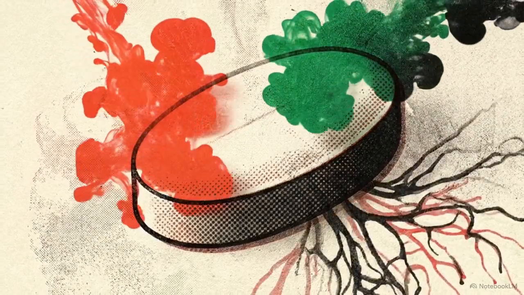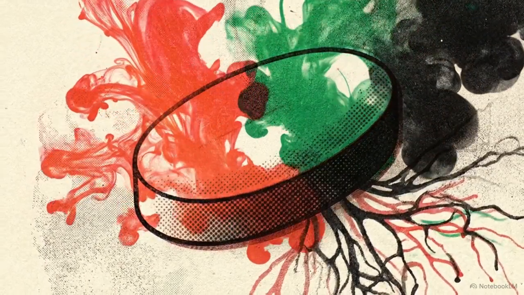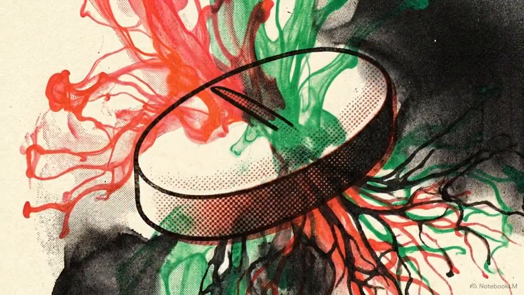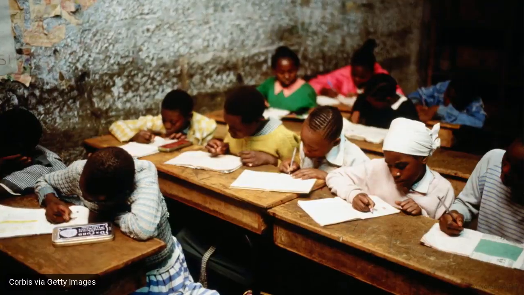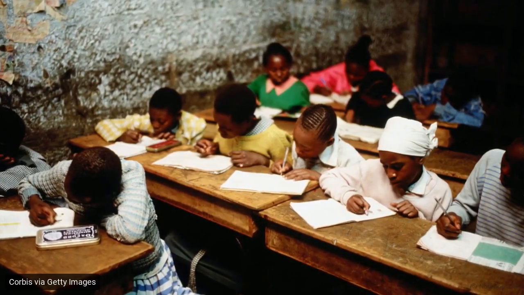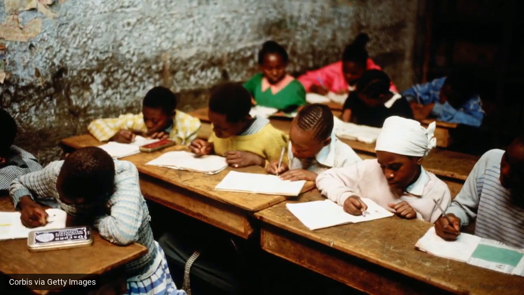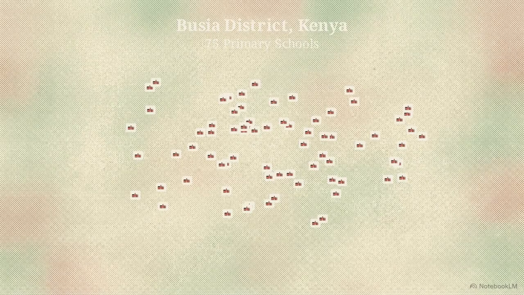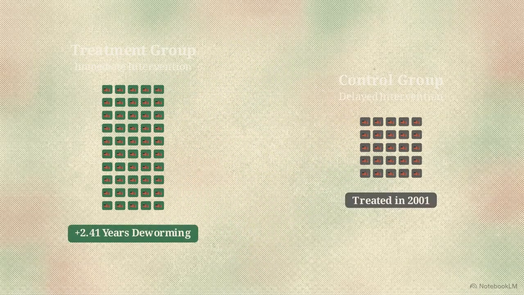Calculating the biological and economic impact of a single 80-cent medical tablet requires tracking its ripple effects over more than 20 years. In 1998, in the rural Busia district of Kenya, over 90% of primary school students, kids aged 8 to 15, were infected with intestinal worms. Researchers launched a randomized controlled trial across 75 schools. Using list randomization, these schools were assigned to either receive free deworming medication immediately or to serve as a delayed